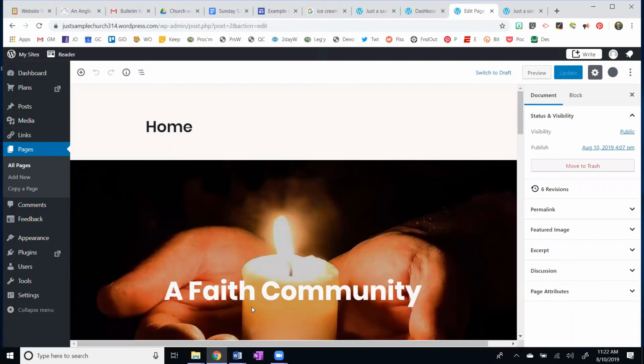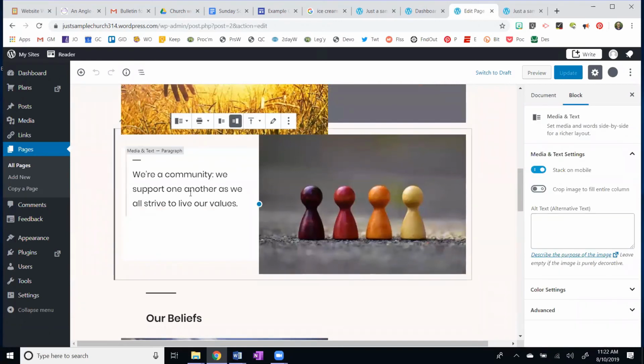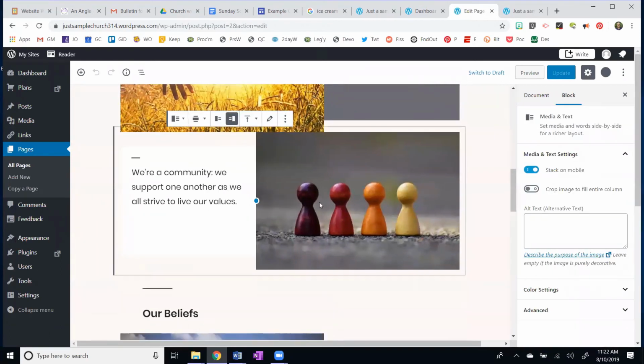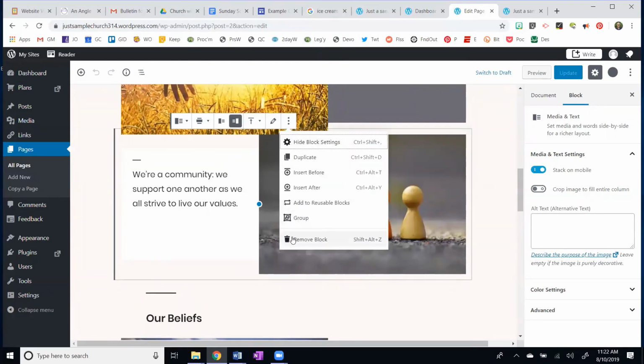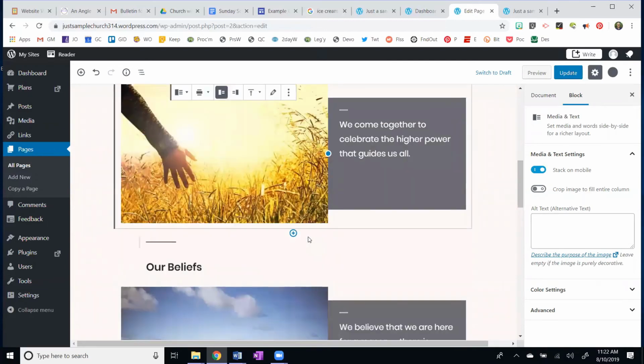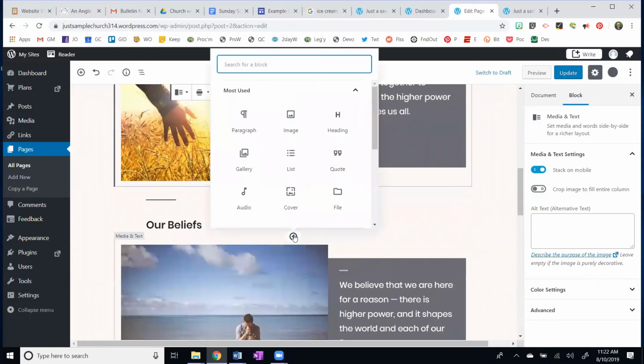And I can come down here and I can delete these blocks. This is a block here. And right here under the ... there's more options. And here's the trash can. I can remove that block. Or I can add a block.